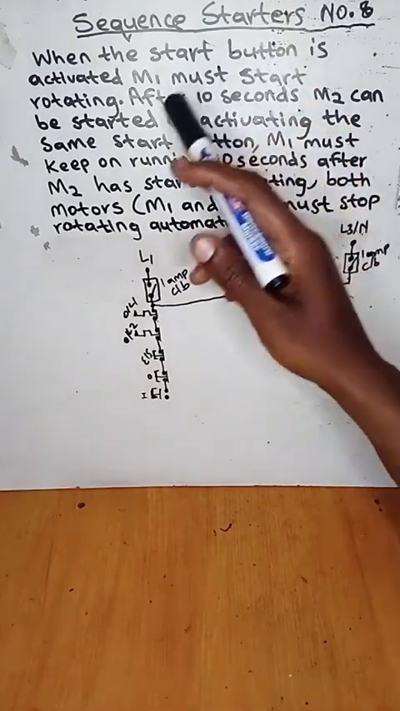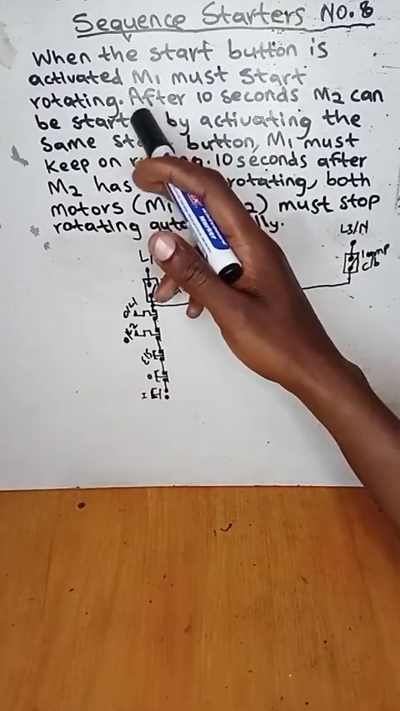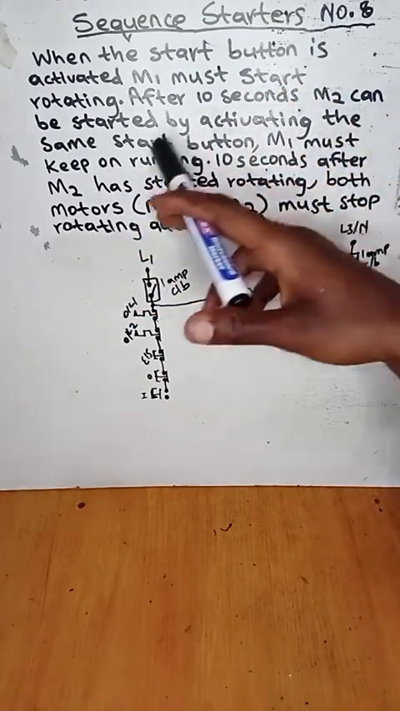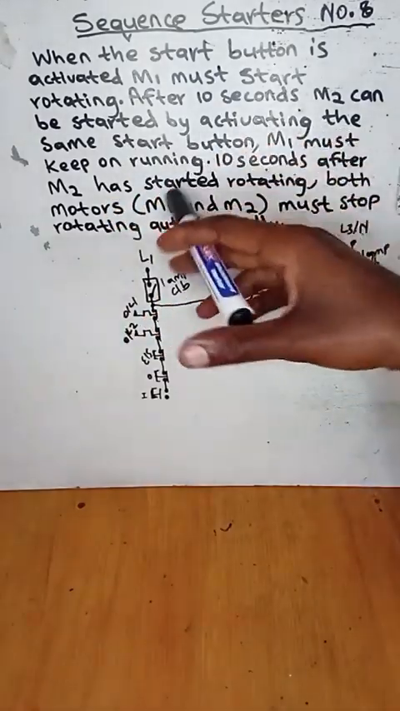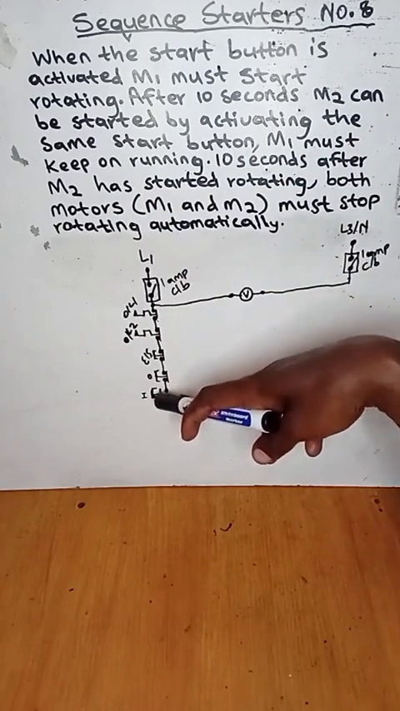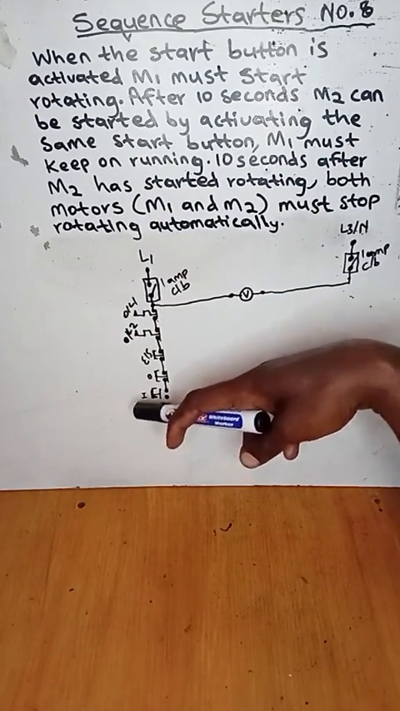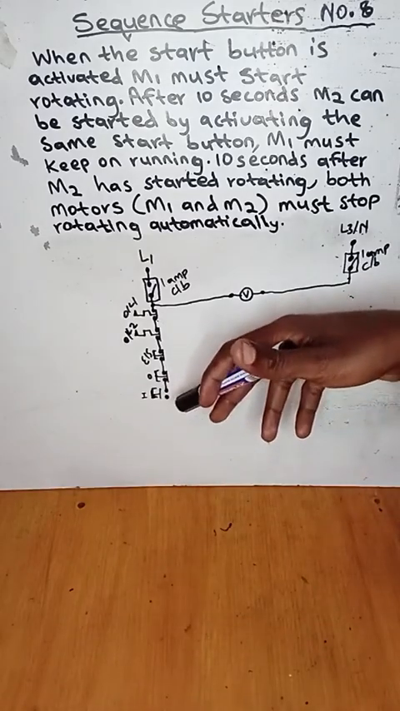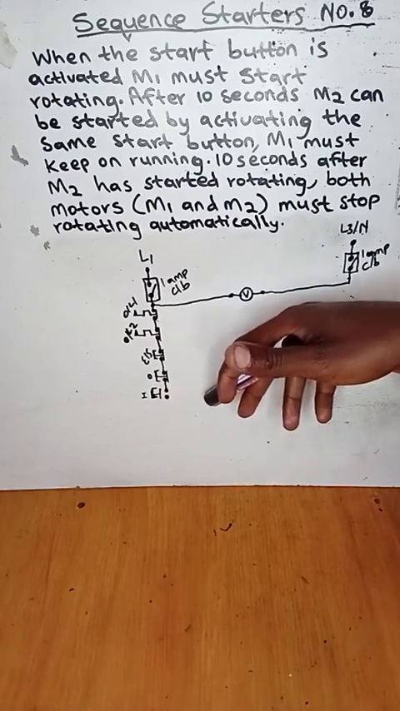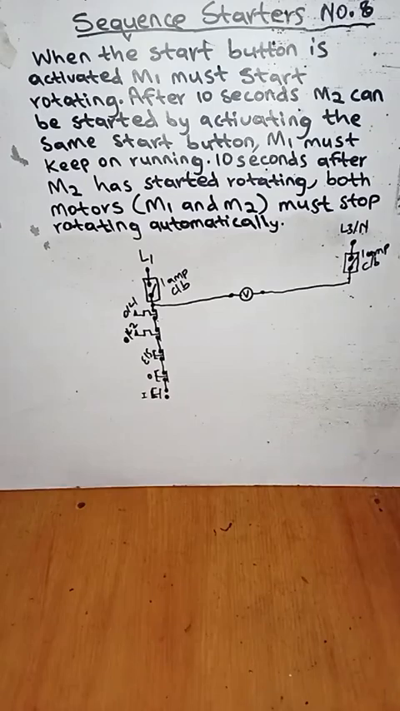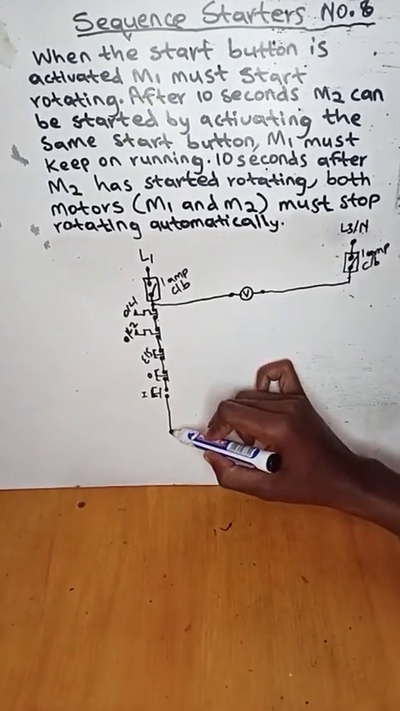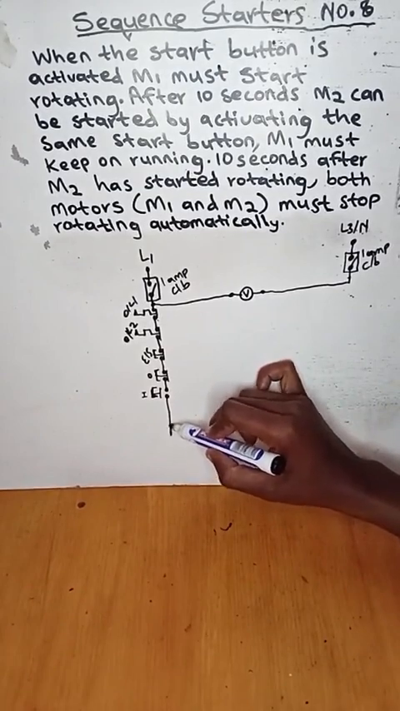So they say the start button must activate motor 1, right? But after 10 seconds, motor 2 can be started by activating the same start button. So this start button must energize the coil of motor 1, and after 10 seconds, we must press it again to energize the connection of motor 2. This simply means this start button,